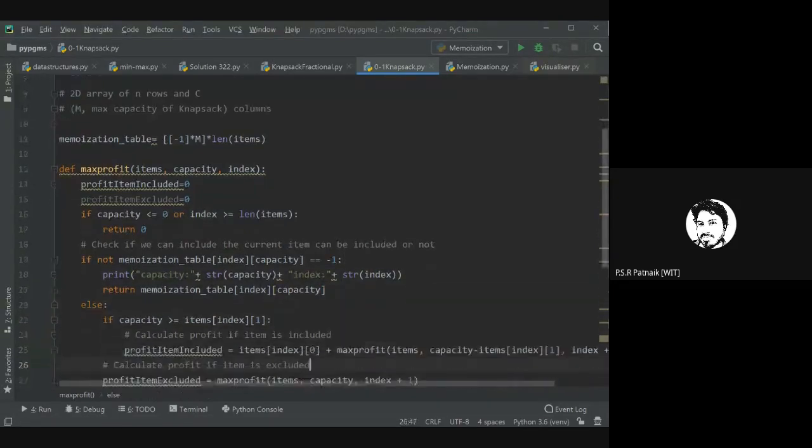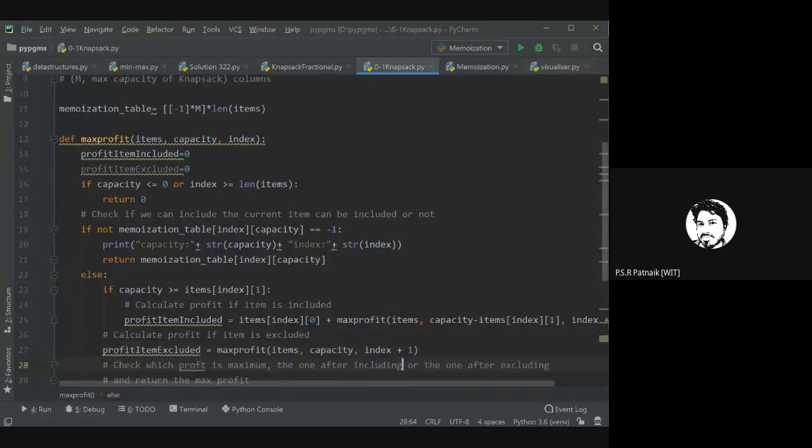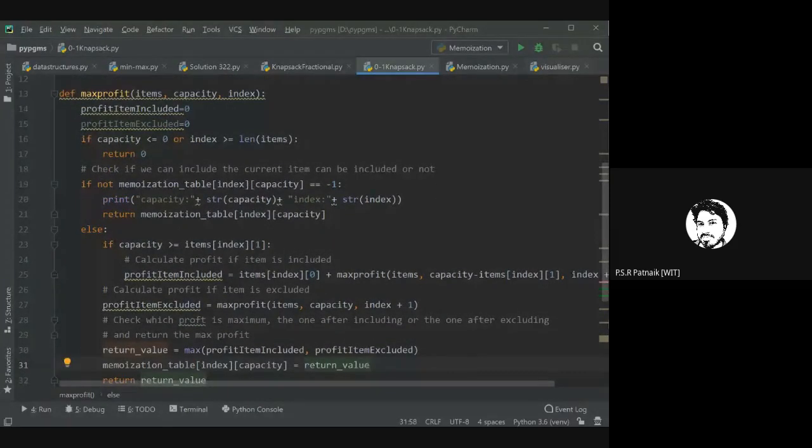I'm just printing it. So the moment I detect a duplicate call, I'm printing it. And if I'm not wrong, for this recursion call, as you have said, for capacity 4 index 3, I'm getting a redundant call. So I should get this value for this. Let me execute.